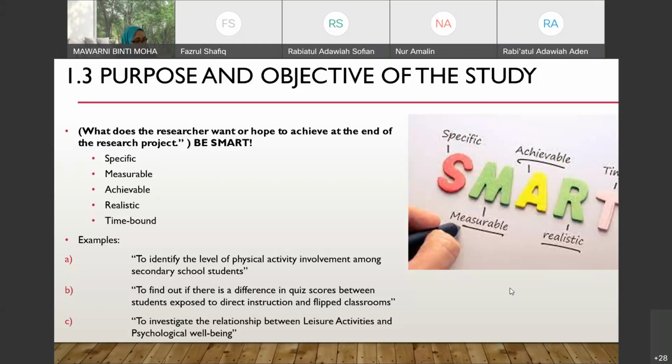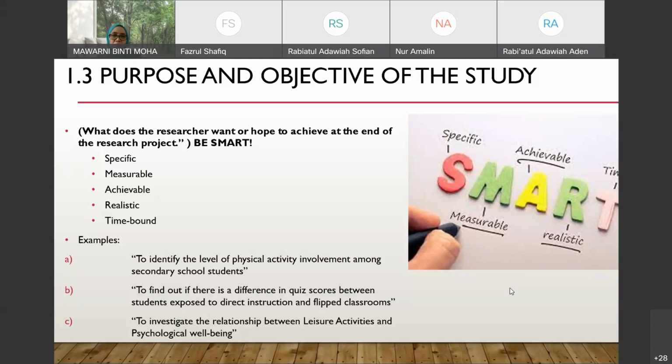Right. Achievable, sensible. Please be sensible. Do not attempt too much. Okay. A less ambitious but completed objective is better than an over ambitious one that you could not possibly achieve. Right? Moving on to realistic. Realistic means it's realistic in terms of your time, effort, money, skills and so on.